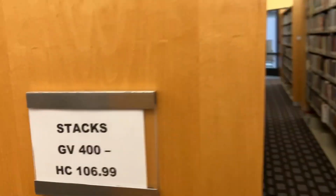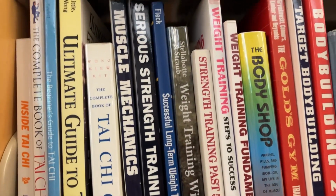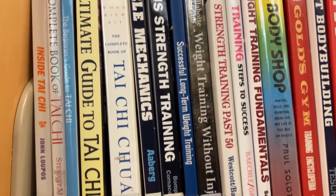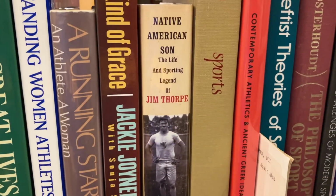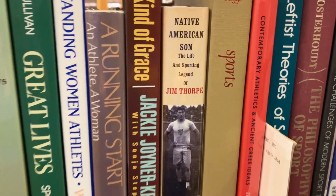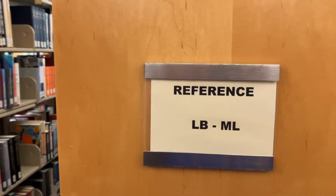Let's take a quicker look here. The GV, this is like sports books. There's the Ultimate Guide to Tai Chi, weight training, things like that. You notice that each book has, in addition to the title, a number and the Library